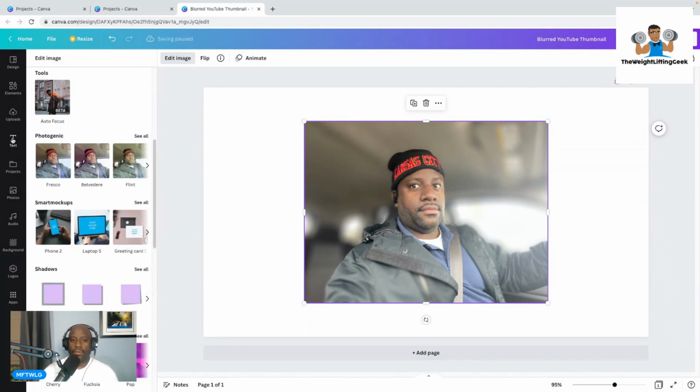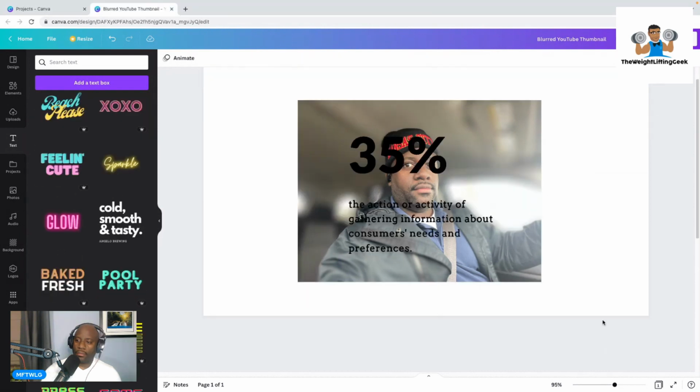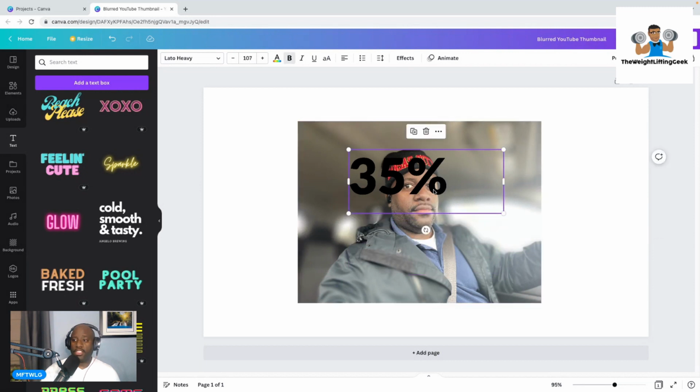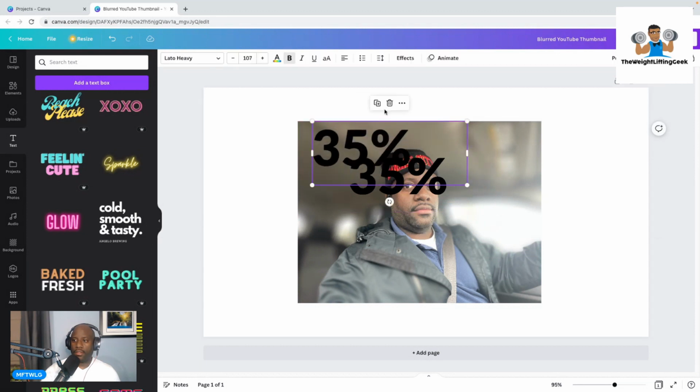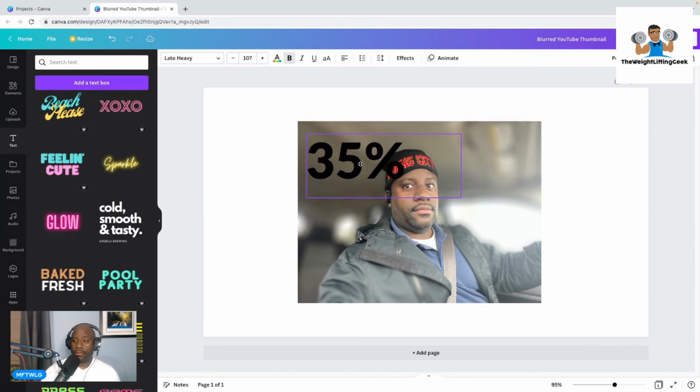And now let's throw some text up here. So we're going to grab this one. This is one of my favorites. I tend to use it a lot, but I like it. We clicked on our text. We'll delete that because I just want the bigger text. That's all I want. So we'll delete this one. We had a couple of duplicates over here. There we go. So we got just one. So we're going to click this. We're going to do